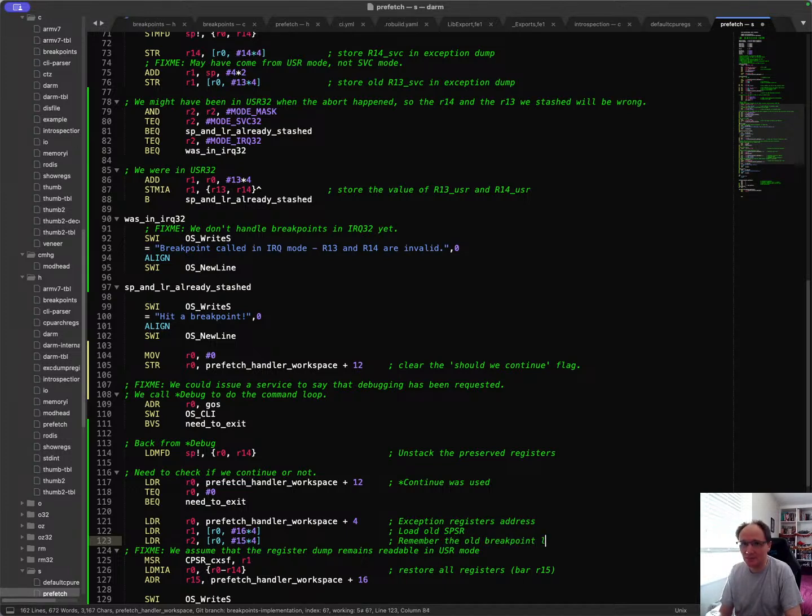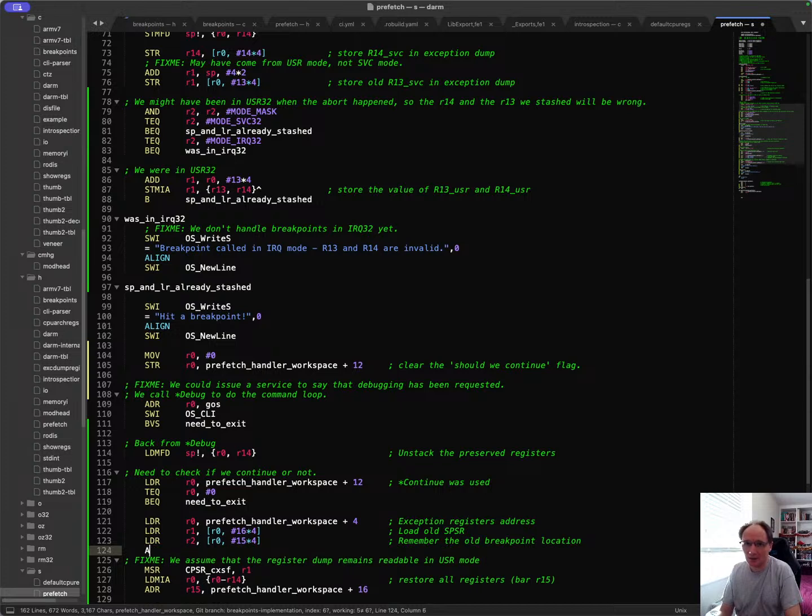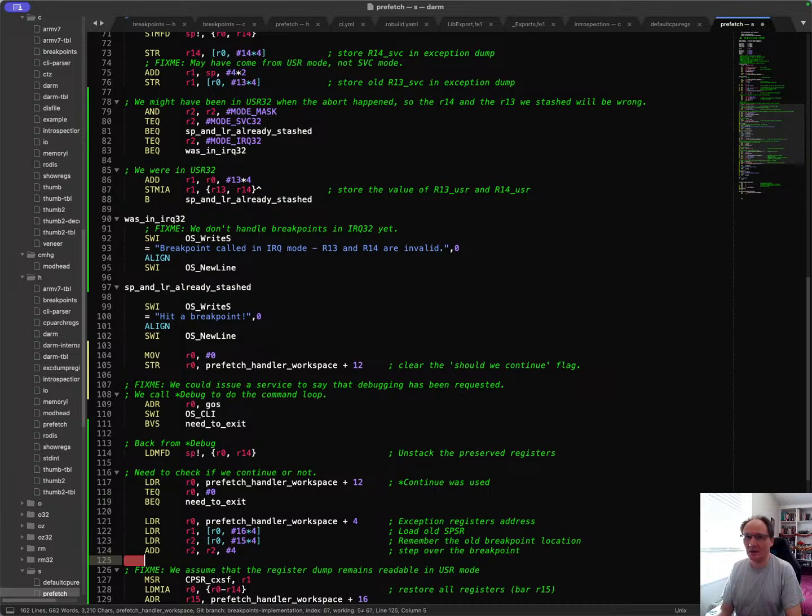Breakpoint location. Step over that instruction, because that's important, otherwise we just breakpoint again, as we saw. Step over the breakpoint,